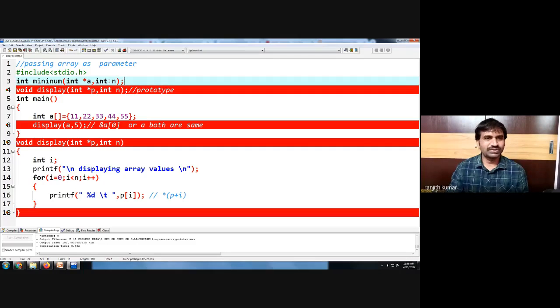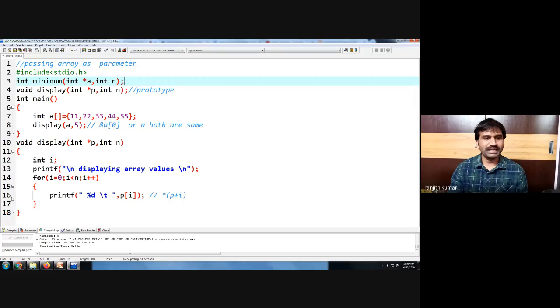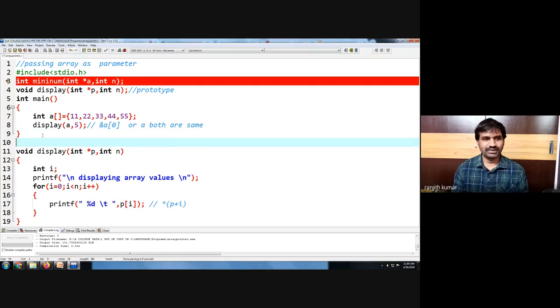So we are now passing the array name as a parameter. Let us write int, minimum of the array.